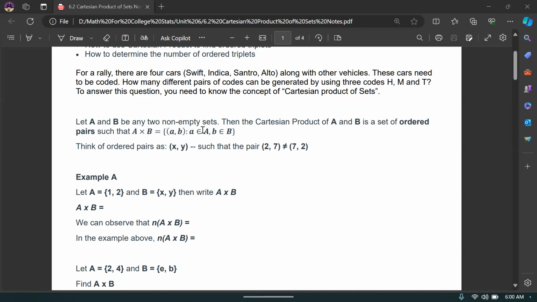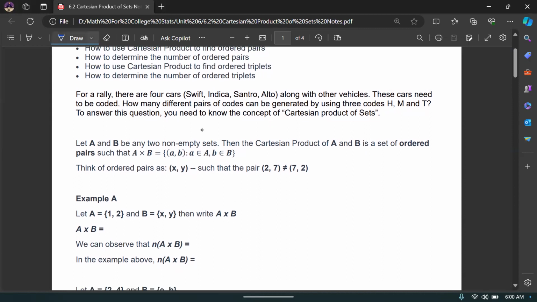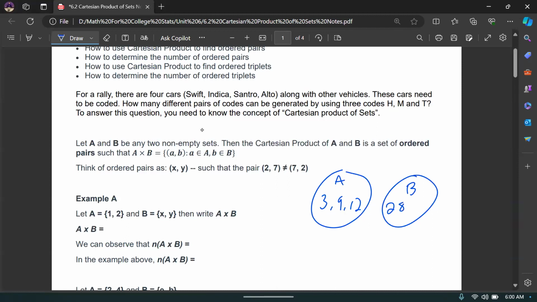let's say we have a set. When I say a set, you can just think of it as a collection, right? So let's say set A has 3, 9, 12. Those three numbers make up that set. Those are the numbers that are in A. Let's say set B has 2, 8, I don't know, 10, right? So the Cartesian product is the set A times B,